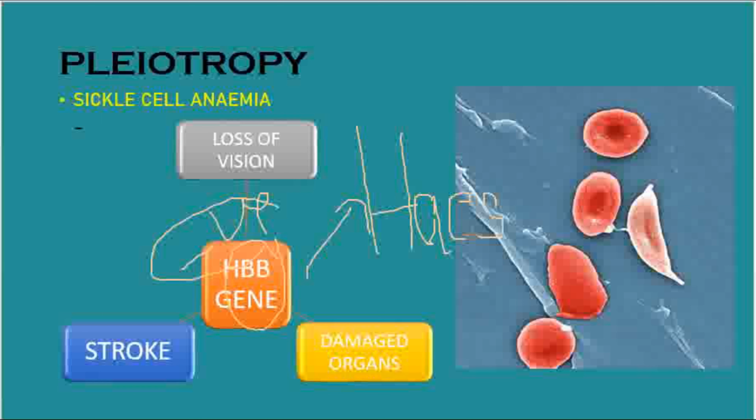The defective beta globin subunits of hemoglobin all clump together and form hemoglobin S, and in turn